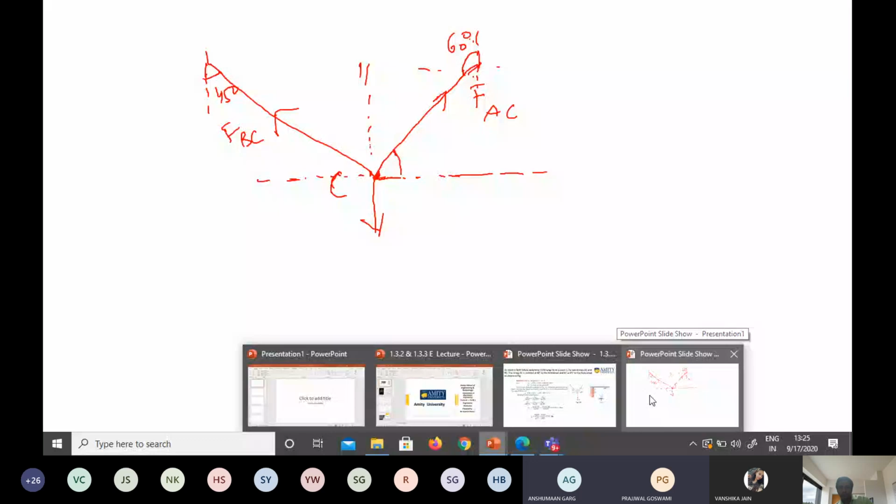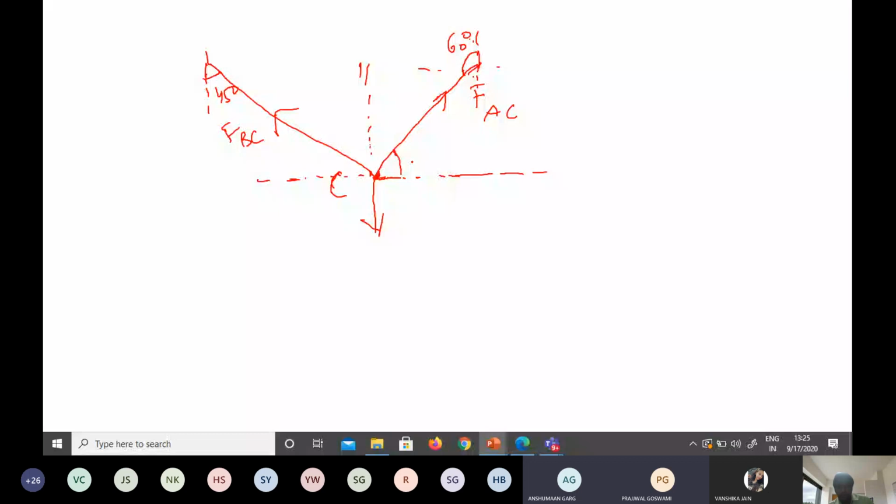Fine. Yes sir. So this is also here, you can see this is also a 60 degree. This is also here 60 degree. This is here 45 degree. If I draw a line here, simply you can say this is 45 degree. This is 90 degree. How much is left? 45 degree will be left. Okay. So this is the line here also.